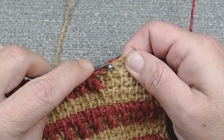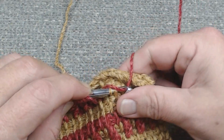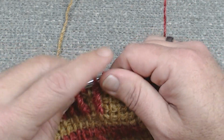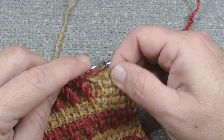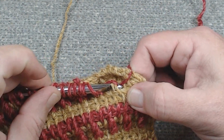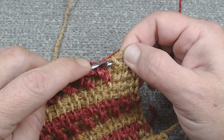Double yarn over, 1, 2, 3, and on that fourth one, yarn over, pull up your loop, yarn over, pull through 1, yarn over, pull through 2, and yarn over and pull through 2. Simple stitch. Double yarn over, count 1, 2, 3, and on that fourth one, get your front and back post, yarn over, pull up your loop, yarn over, pull through 1, yarn over, pull through 2, and yarn over and pull through 2. And then we have our simple stitch,